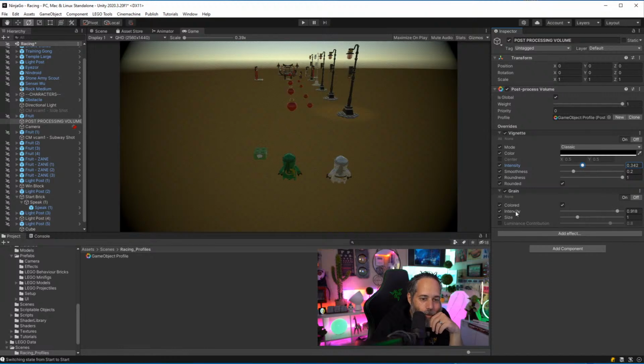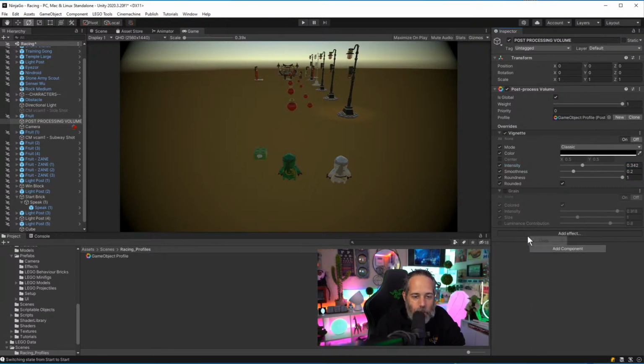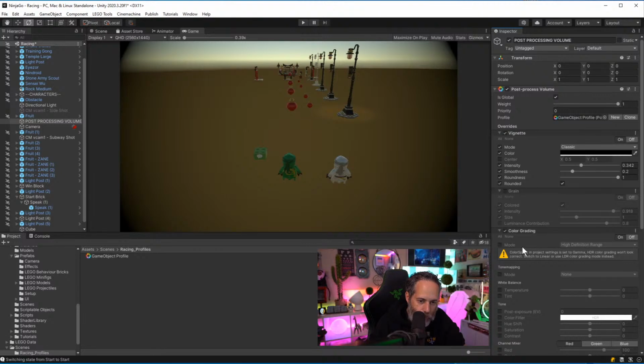So okay, I don't want the grain mode here at all. Let's turn grain. Wait, that's weird. Why did I hit on and it turned off? Oh, this is very strange. They're like opposite. Okay, let's remove grain completely. Yeah, I think that, okay. Now that we've got that working, let's add in a couple other effects. So we'll add in some color grading, and just go to